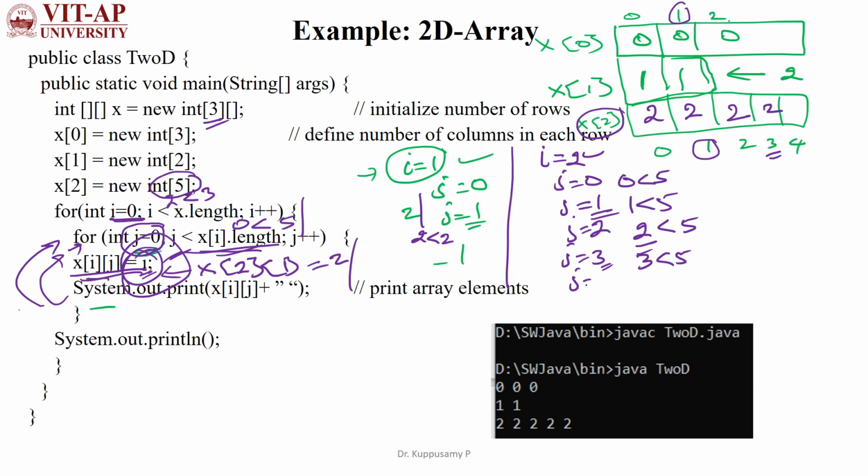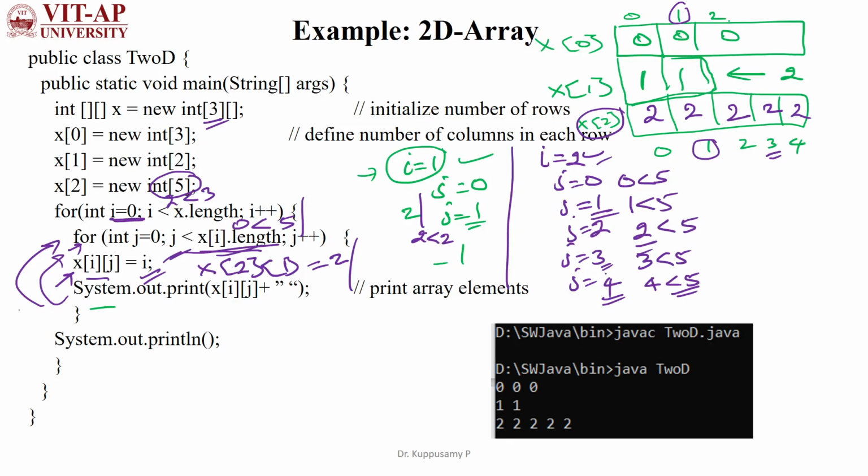Then J is incremented. 4 less than 5, so it is also true. Once it is true, again this statement x of ij will be executed, and again the I value is printed. The I value is still 2, so 2 is printed in the fourth location